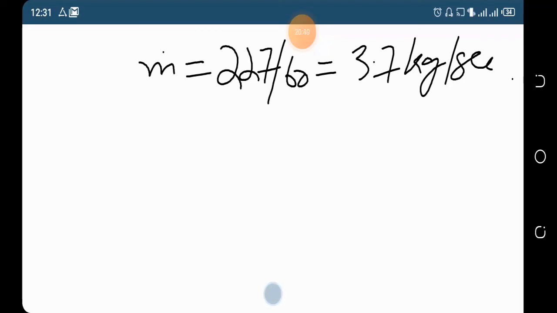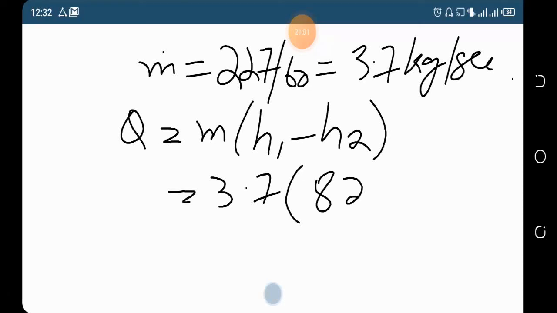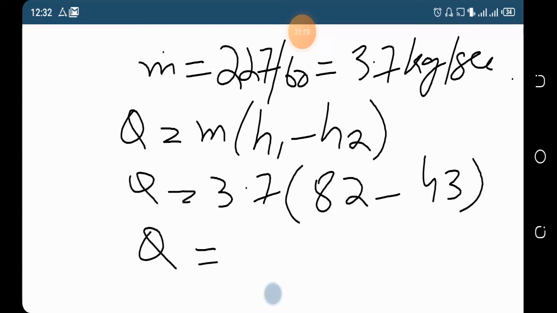cooling capacity of a coil in kilojoules per kg. We know the formula, m times (h1 minus h2). The mass flow rate is 3.7, h1 is 82 and h2 is 43. Then from this you get the value 145 kilojoules